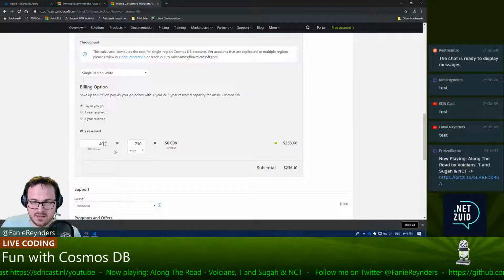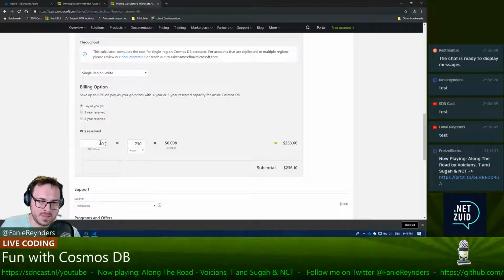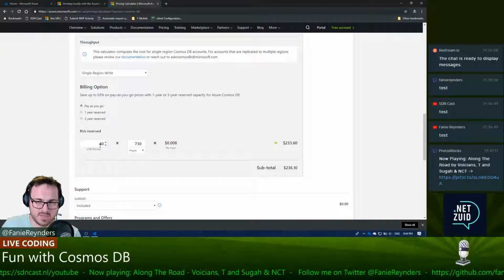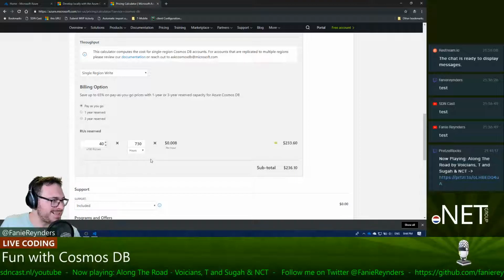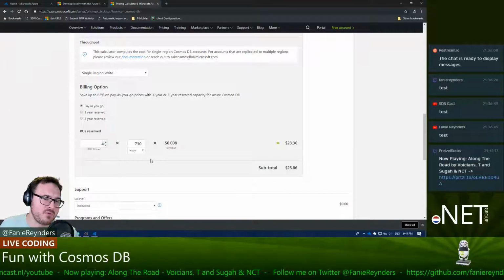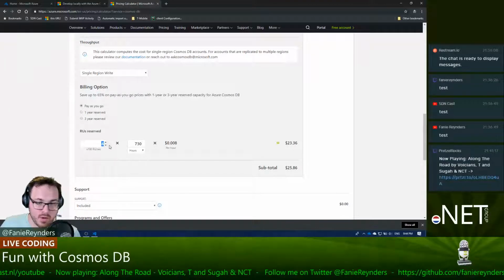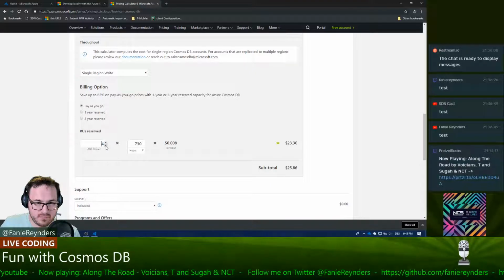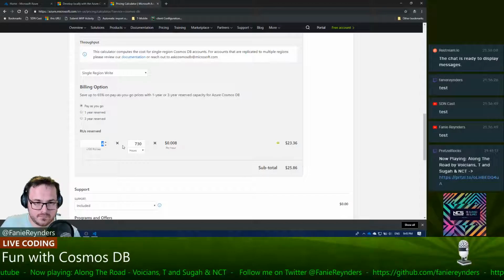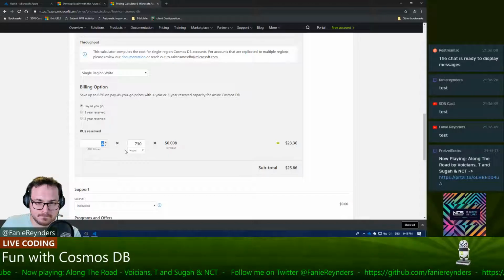You up this to 10, it gets a bit more expensive, but still payable for enterprises. But it just shows you how you can scale, right? So you can start with 4, or actually with 1, I think. I think you need to have at least 4, and then